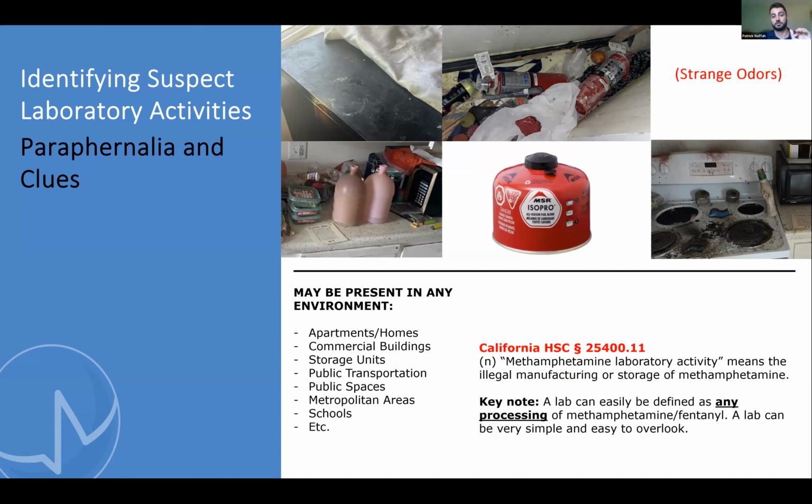So like the previous example of a use area, this could be done anywhere. A lab doesn't have to be some huge operation like you would see in Breaking Bad, some big example with sophisticated equipment and this and that. Sometimes it's literally just a small box with 2 chemical containers and a little burner, and that meets the regulatory requirement and can be called a lab.